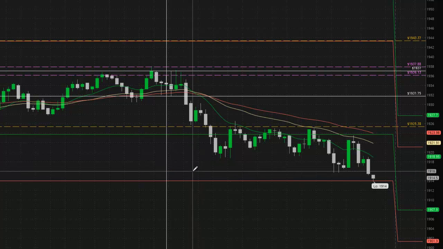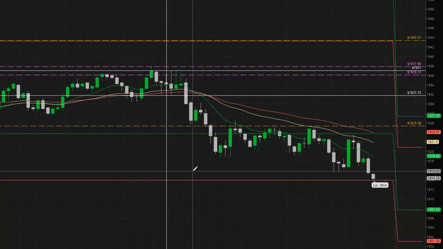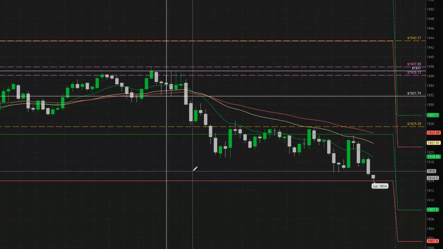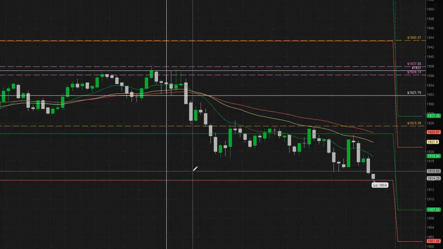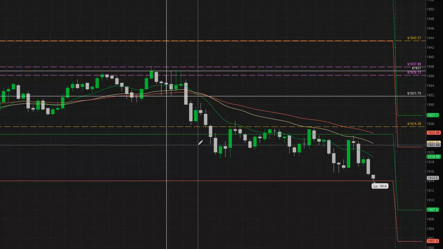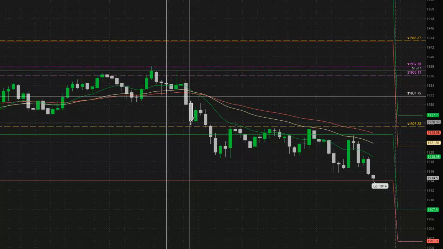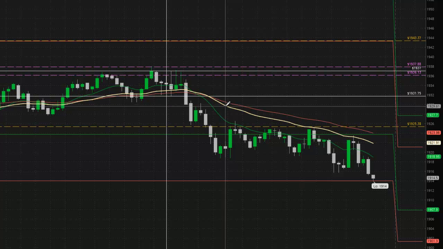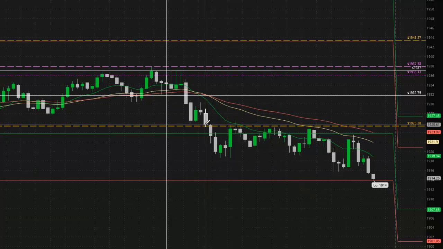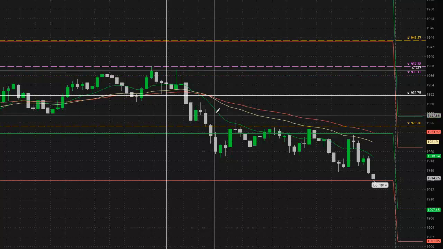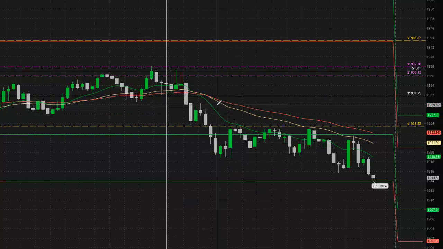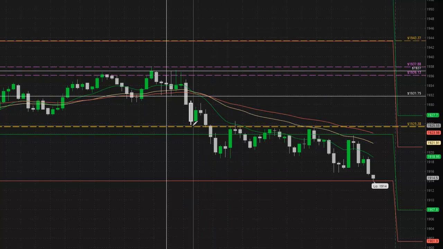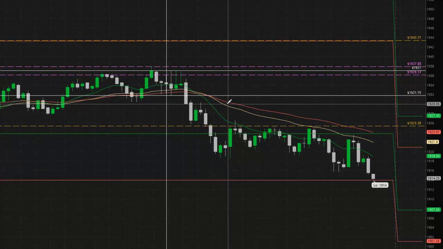So I could have held today. I got out right at the A down, and I knew that we had the chance of going lower, another 10 points. But I wanted to lock in a profitable day, and I didn't want to sit through a lot of pullback. When I got out, I was thinking that we would push back up to this intermediate moving average line here, and that this area right here would give another opportunity to get short. So I wanted to take my profits here and possibly put on another trade here,